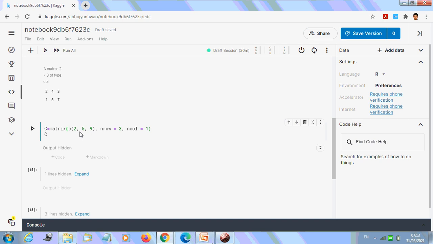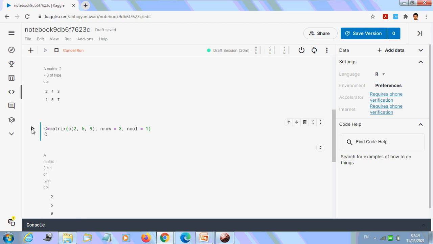After that, again what we want to do is binding of columns and binding of rows. For that we need two matrices for binding. I will show you how we are going to bind columns and rows. The cbind and rbind commands are available for this. I have made another matrix which has 3 rows and 1 column.